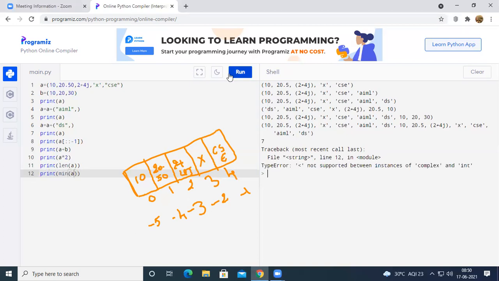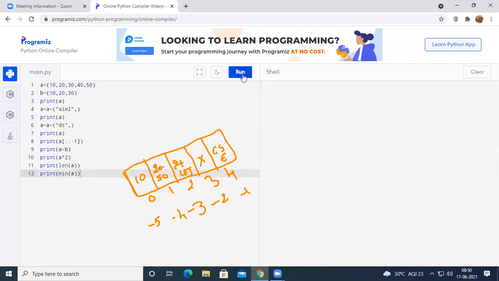And when you want to find them, the list should be, for example, 10, 20, 30, 40, 50. So if you want to find the minimum and maximum values, the elements should all be of the same type.